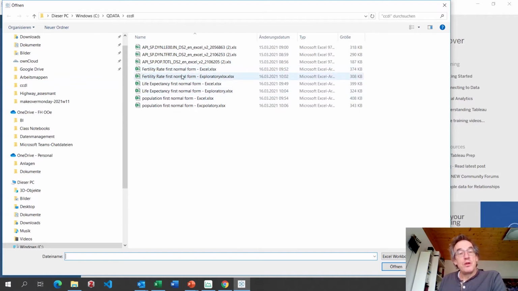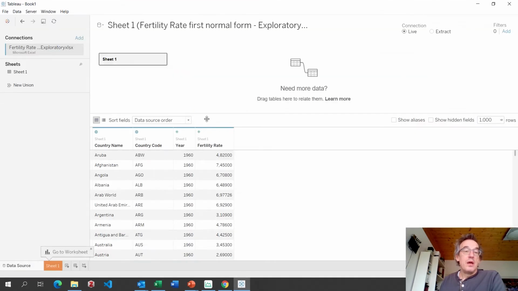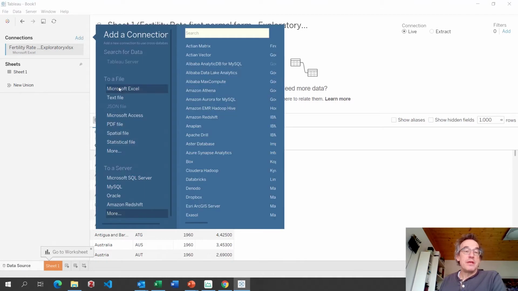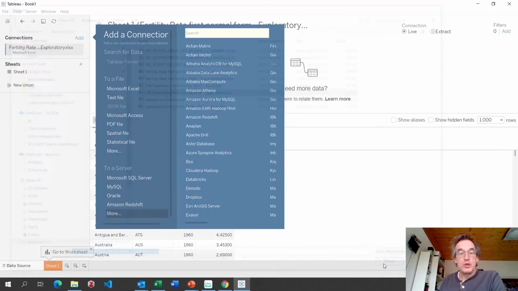The first one is the fertility rate in the first normal form. I will use the exploratory data, but it's the same here for the Excel file. Just click on Open. And we add the next Excel file, the life expectancy, first normal form. We add this one,